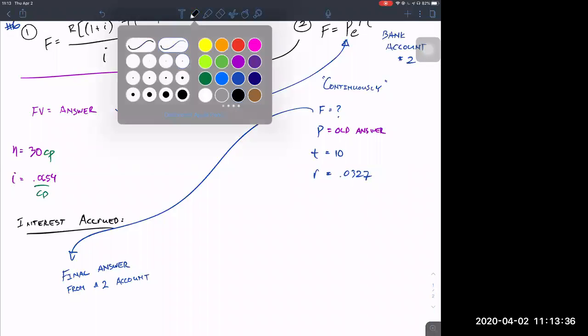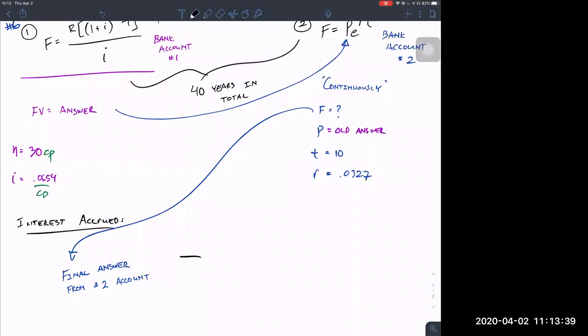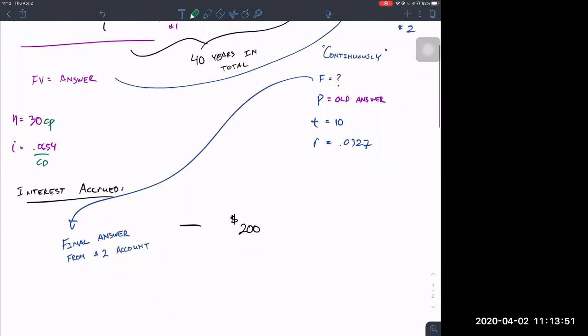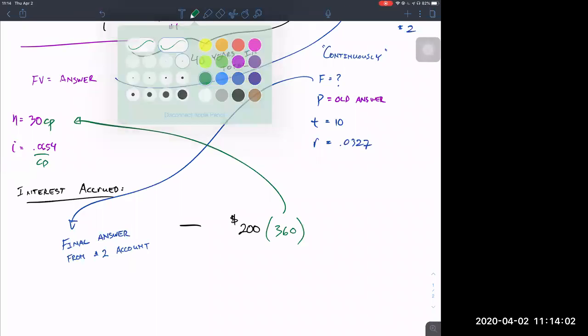And you're going to subtract off, hold on, let me see. You contributed $200 every time. And it's just compounded monthly. Yeah, so CP is 12 here. I wrote that up there, good. And you're going to multiply that by 360. And 360 came from this right here, which is, again, remember, the total number